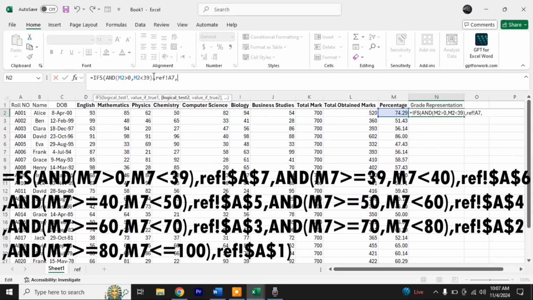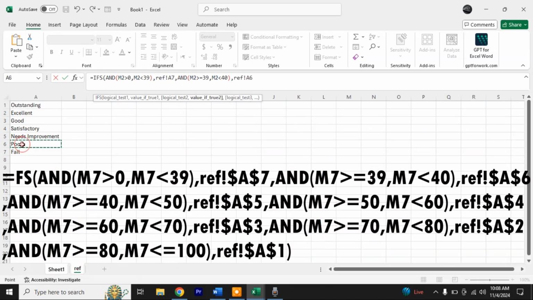Now we can copy this one and we'll paste it here simply. Now if this time is greater than or equal to 39 and less than 40, then it should give this one a poor,